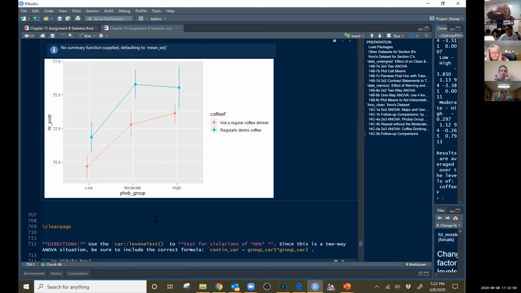Okay, so just the interaction. There's no interaction. No interaction means they're basically parallel. Doesn't mean it's straight. It goes up and then it's flat, basically. But there is a significant difference in the low to moderate and low to high. So if I looked at this plot,